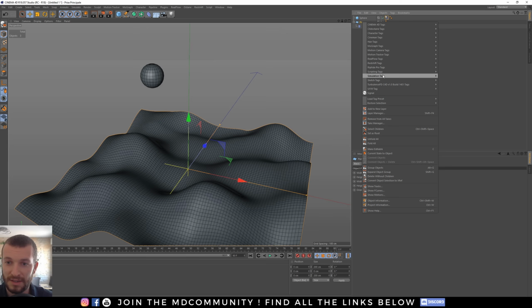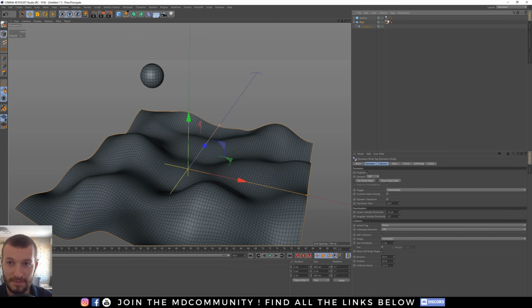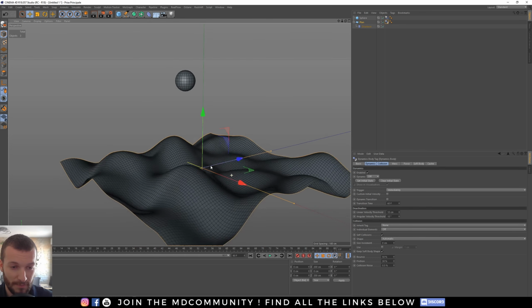Right click on it, simulation tags, but I don't want my plane to fall down, so I will use the collider body. The collider body is the same tag, but the dynamics are off. It's the only difference. Now if I hit play, I can see my sphere has some collision with my plane.